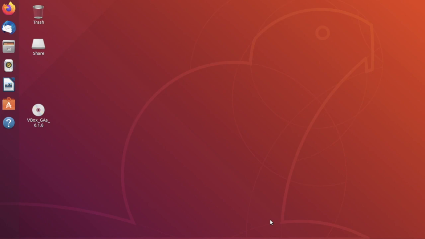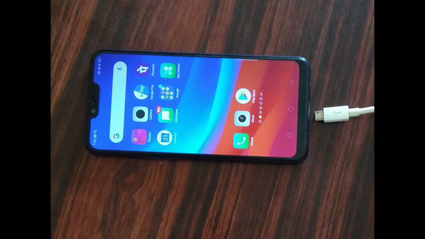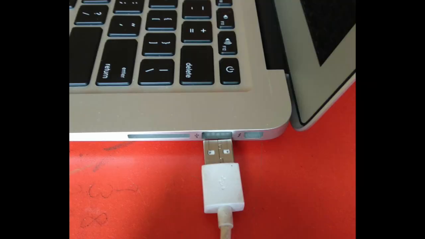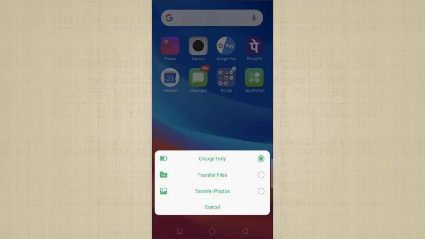To create an audio library, the recorded audio files in the device, that is the mobile phone, should be transferred to the computer. For that, the phone should be connected to the computer with a data cable. When the phone is connected to the computer, a window pops up with options of connectivity. Click on Transfer Files among the options.